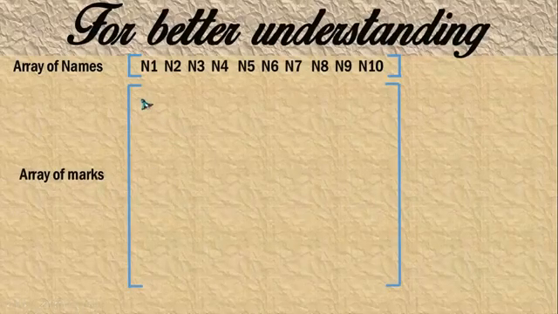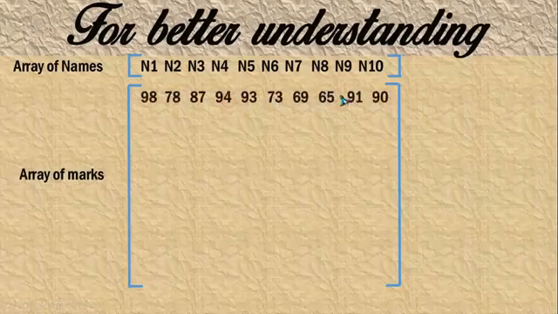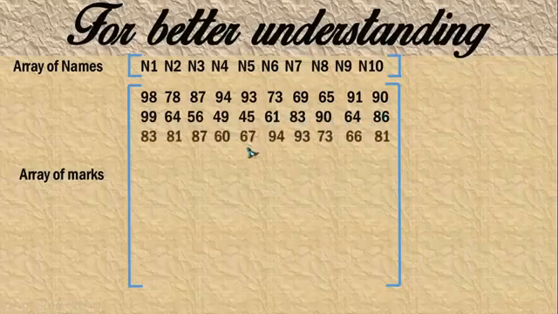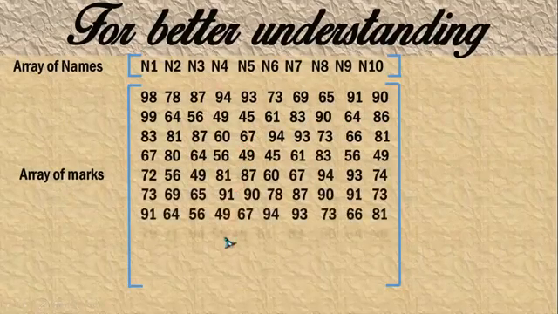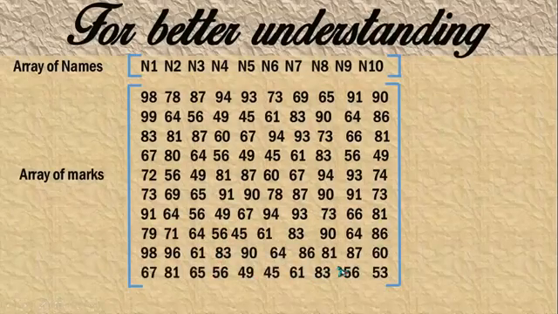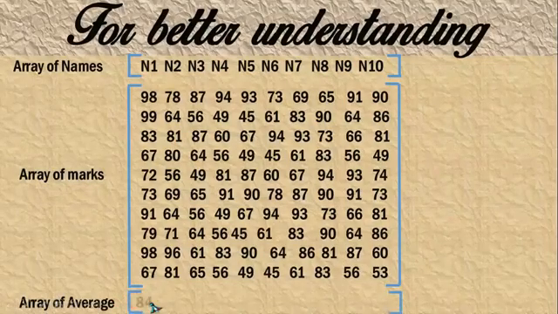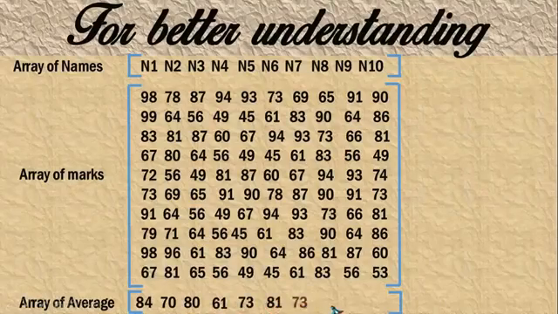Here I store 10 marks of a student in the first row, and then the second student's marks will be in the second row. Like that, I keep on storing all the 10 students' marks of 10 subjects each. So now you can imagine this as a matrix in mathematics. To store the average, I have one more array. Here I store the average of the first row as the first element of this array, and then the second row's average I store here. Like that, again I have 10 elements of the array.